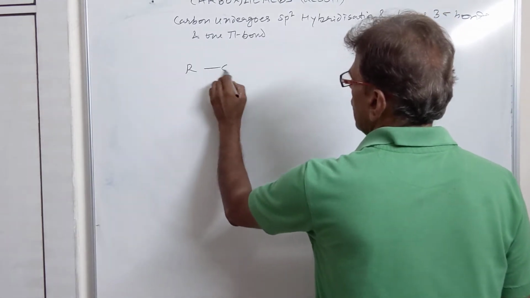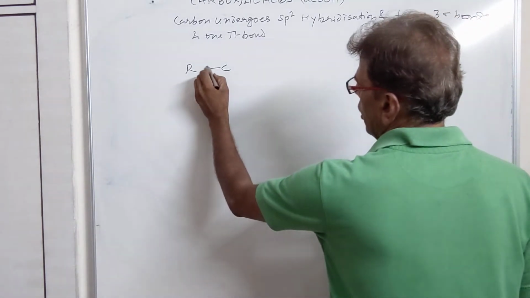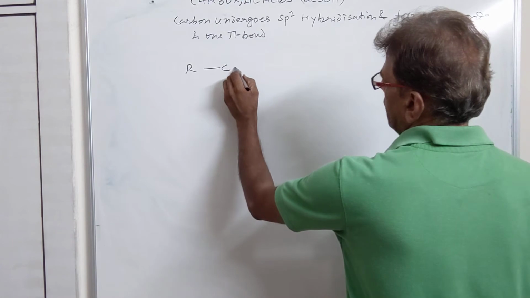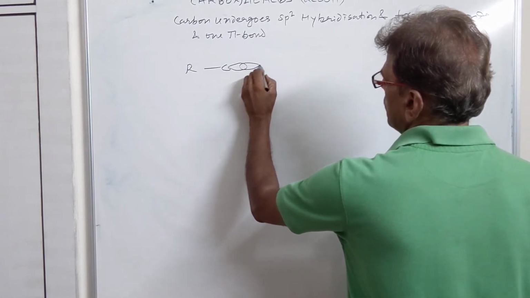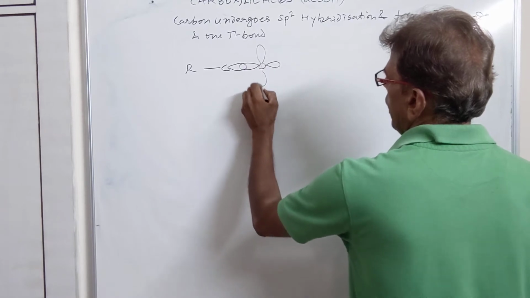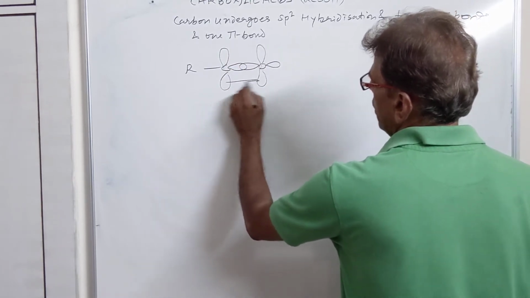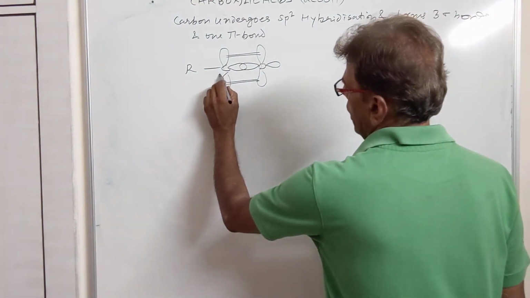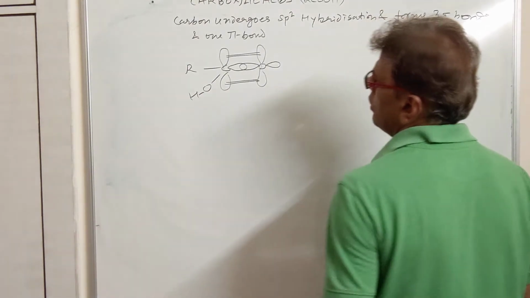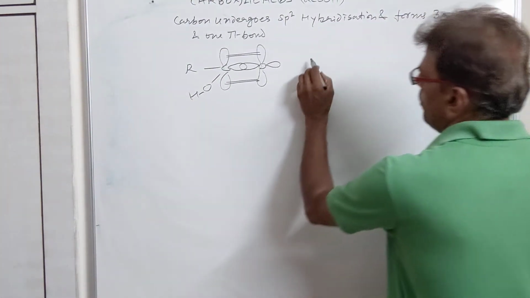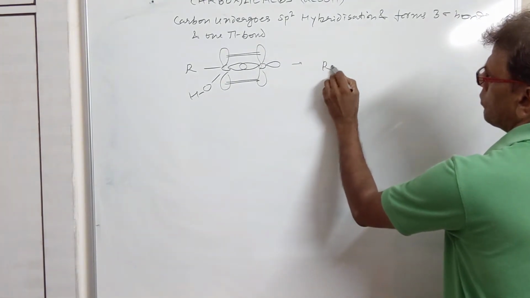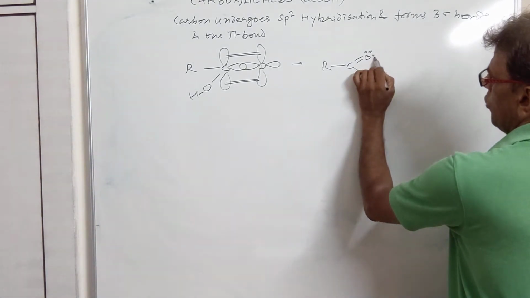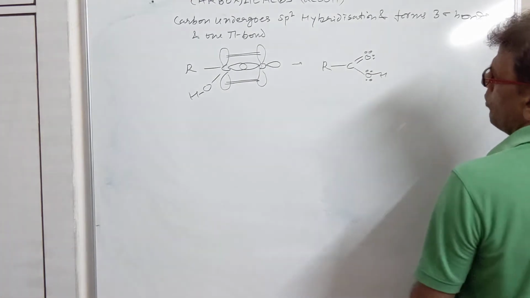So this is our carboxylic acid. This is carbon, which is sp2 hybridized. 1 bond is formed here, that is formed by sp2 and sp overlap. Then it has oxygen, one unhybridized orbital of carbon overlaps sideways with oxygen. So this oxygen is associated with double bond, and then it has an OH bond. So this is the structure of carboxylic group. We can show this structure like this. This oxygen is having 2 lone pair of electrons. It is also having 2 lone pair of electrons.